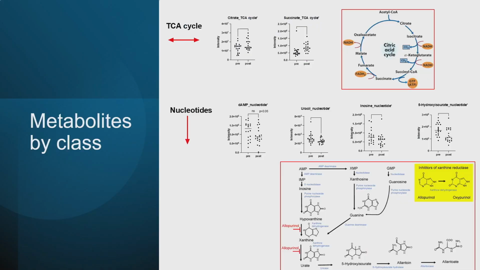We were also interested, because remember I mentioned in the methods that we were looking at classes, in whether there are relationships happening with classes themselves, so we could say which are primary pathways that may be affected by ETI. And so we went class by class. TCA cycles seemed about flat, so some metabolites went up and some went down. In the nucleotide category, actually all 4 of the ones that significantly or nearly significantly trended down are in the purine degradation pathway.